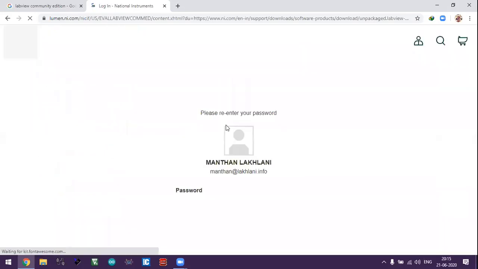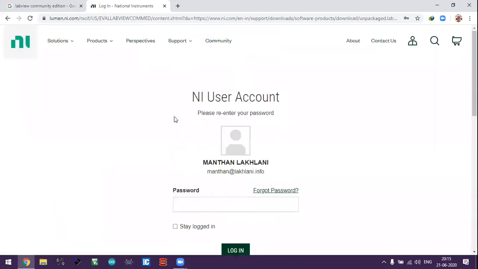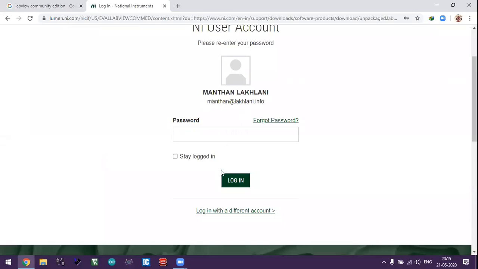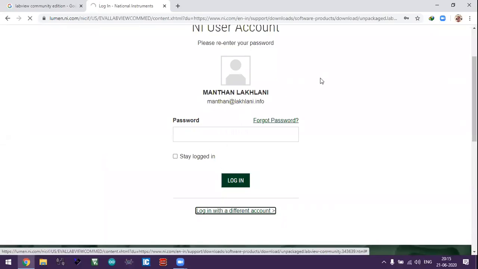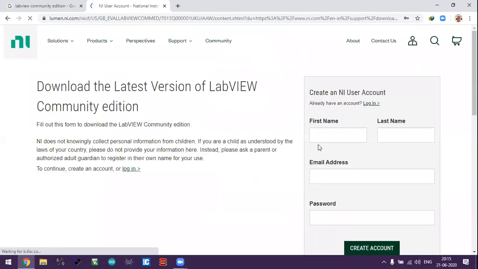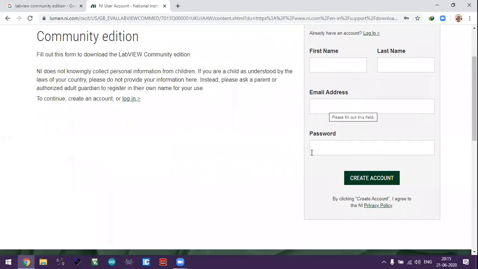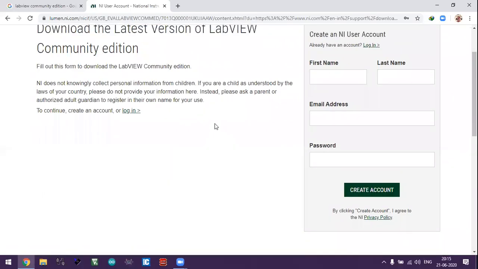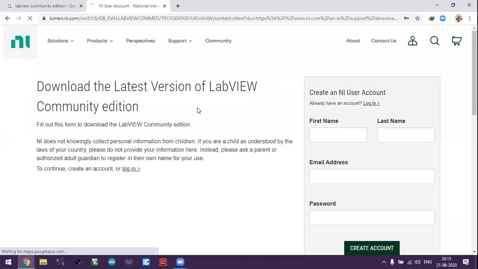Just click on download. Yes, it needs an NI user account, which you can create. It is free, and you just fill in your details: first name, last name, email address, and password. No other things are required. You create the account and go to the login page.